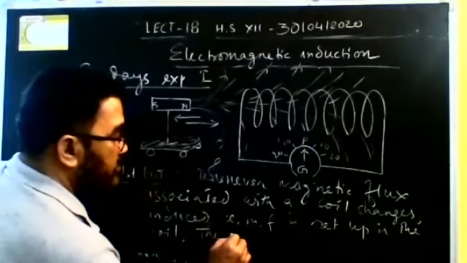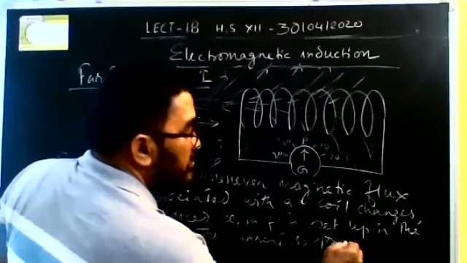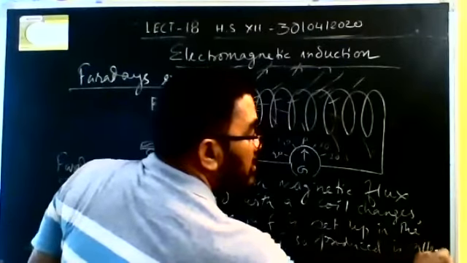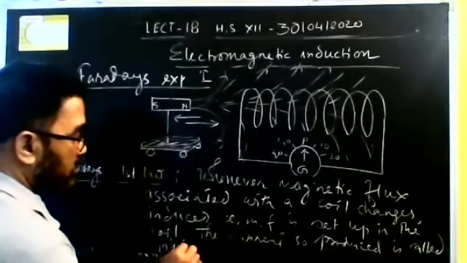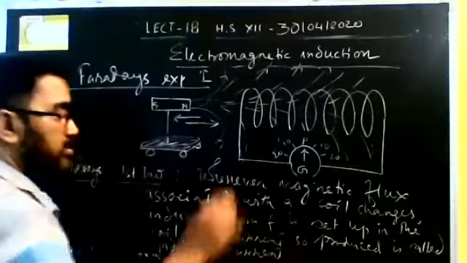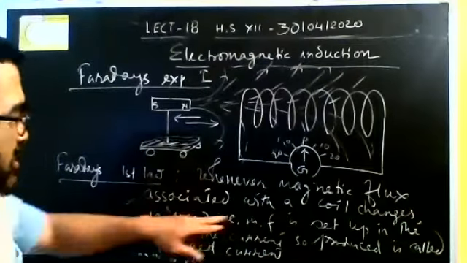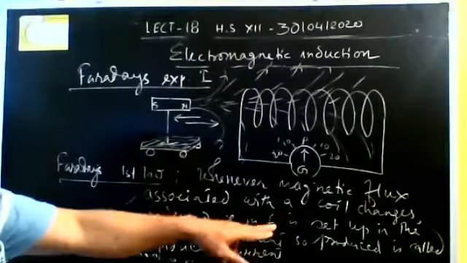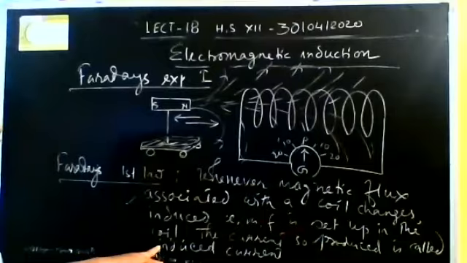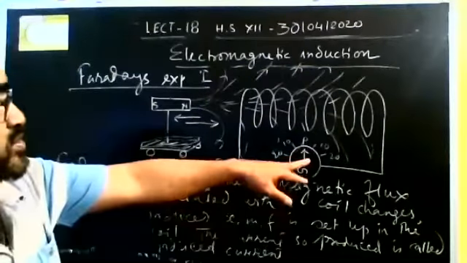The current so produced is called induced current, right? So very simple statement. Whenever magnetic flux associated with a coil changes, induced EMF is set up in the coil. The current so produced